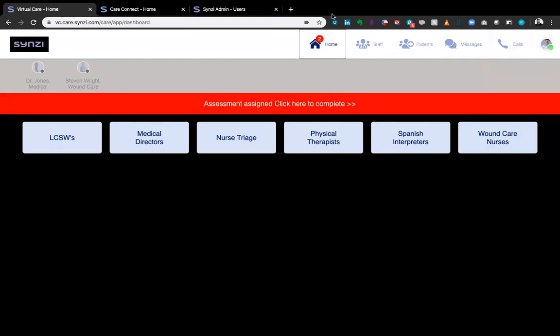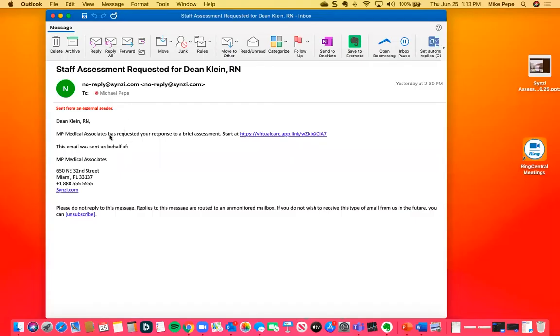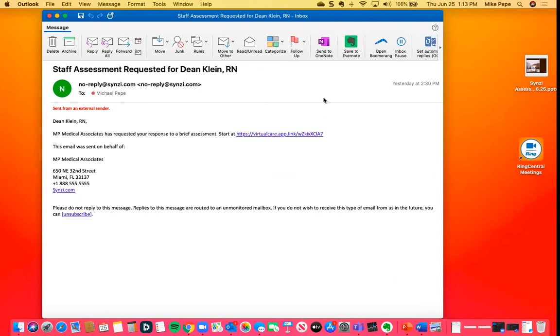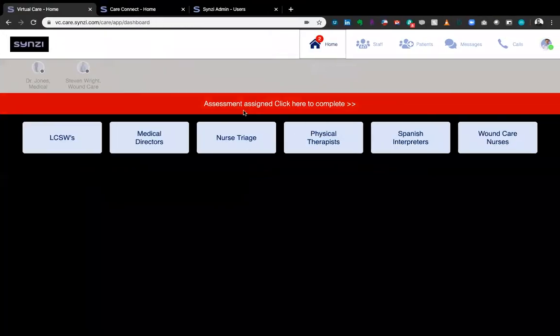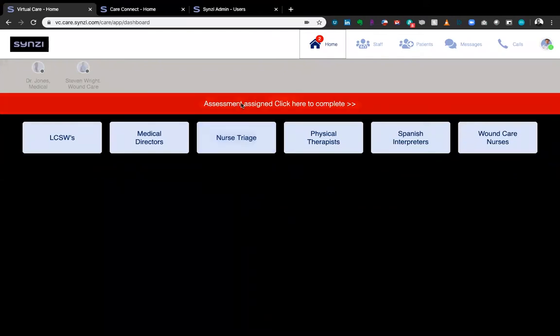As a staff user, I will also get an email as well. So this is just a sample email that Dean Klein, the RN staff member, has a new assessment. They have a push notification to their device as well as this email that they have a new assessment that needs to be completed. All right, so Dean Klein, the nurse, can then go ahead,